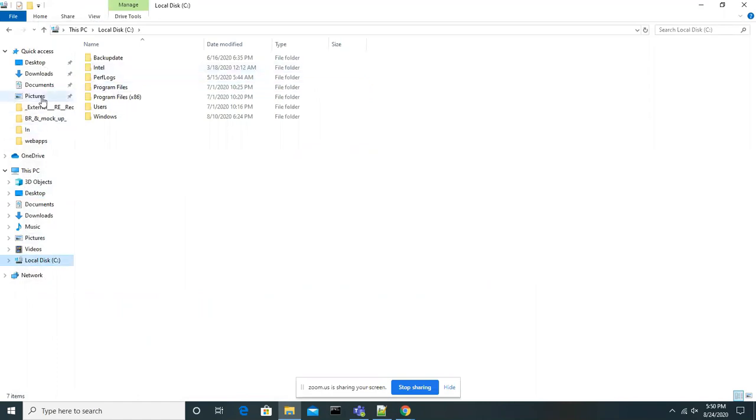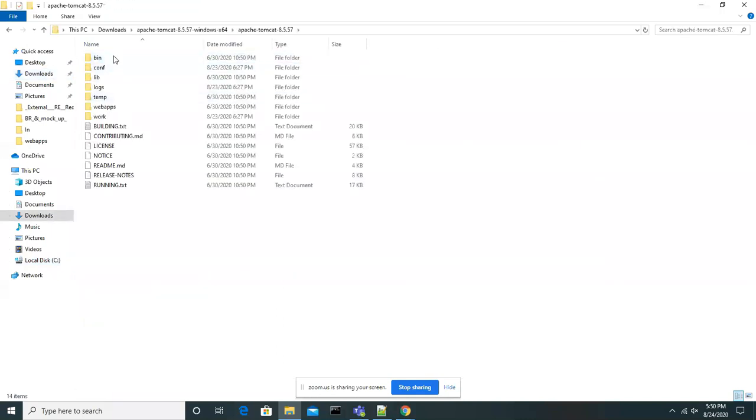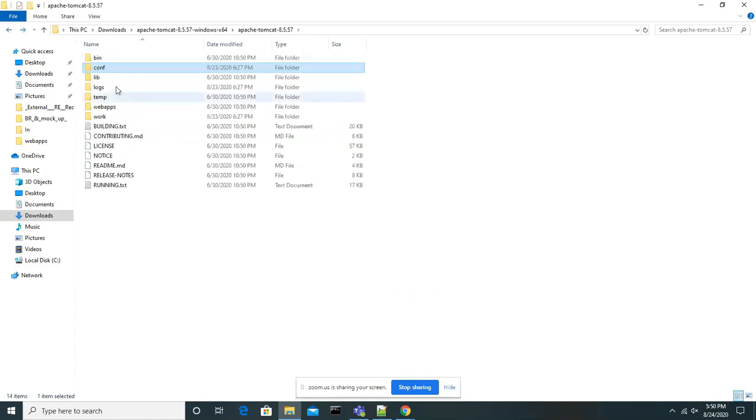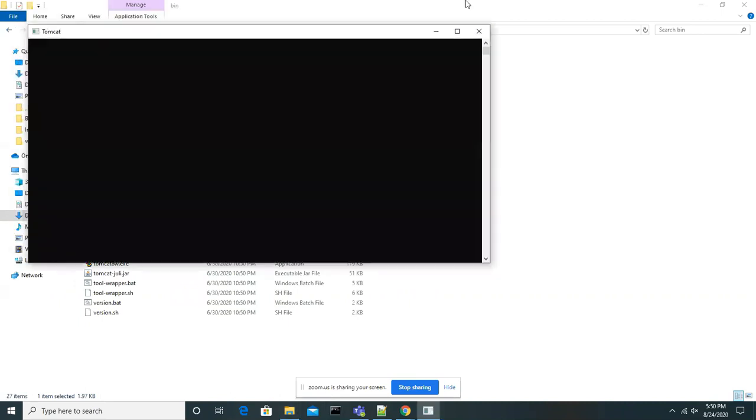If you see, yesterday we downloaded one Tomcat server. This is the Tomcat server we downloaded, and we can see the bin folder, config folder, lib folder, log folder, temporary folder, webapps folder, work folder, something like that. So let's say the bin folder, and I'm just starting the server.